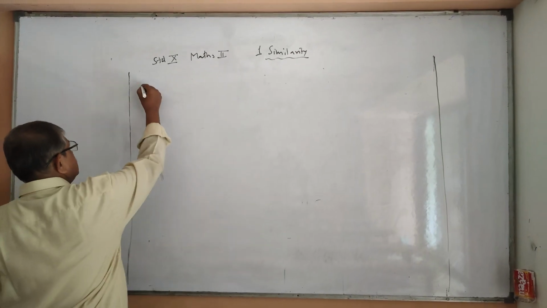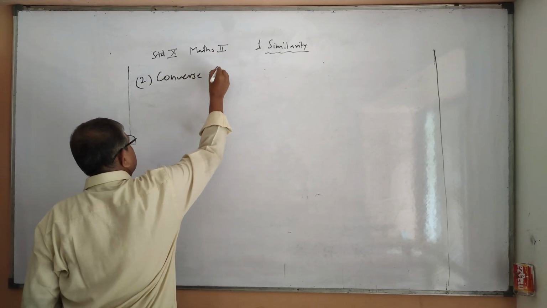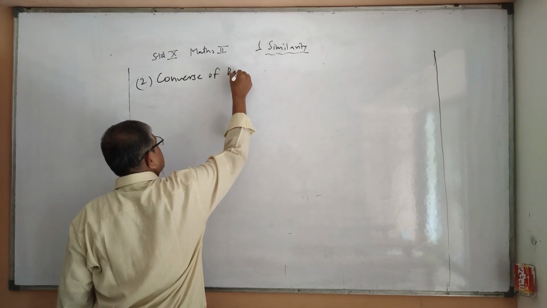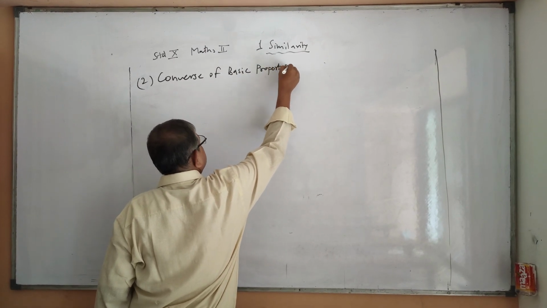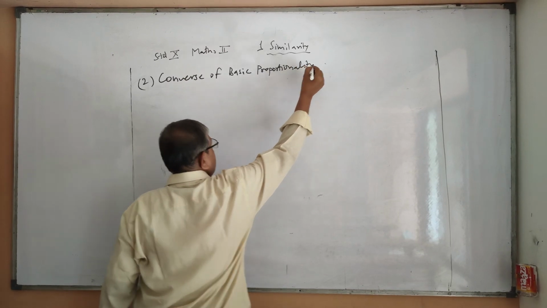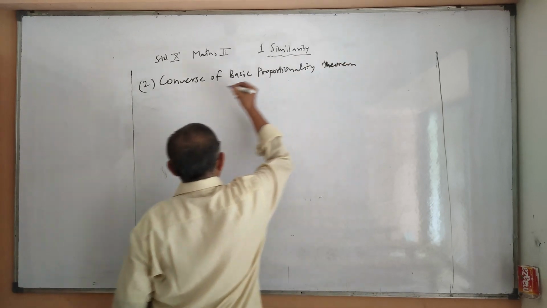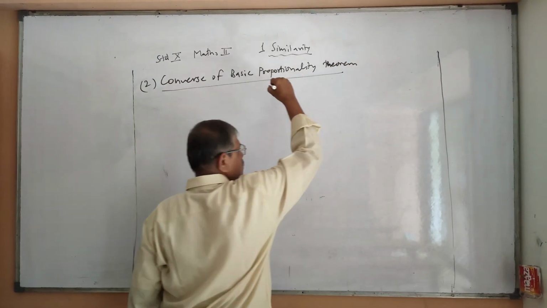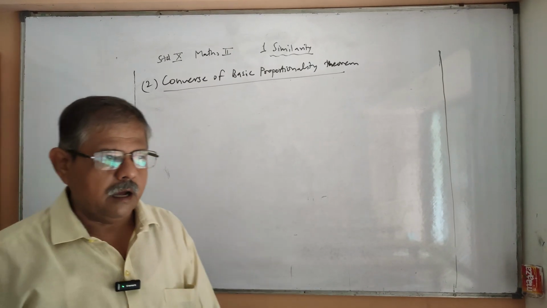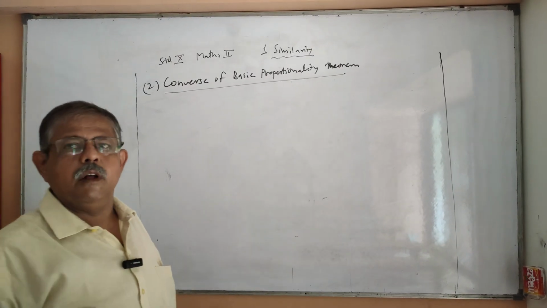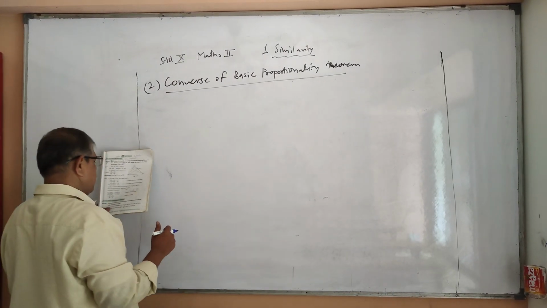Now the second is the converse of basic proportionality theorem. Now in the theorem, what we learned is: if a line is parallel to a side, it divides the two different sides in the same proportion. Here it is exactly the opposite. If a line divides any two sides of a triangle in the same ratio,